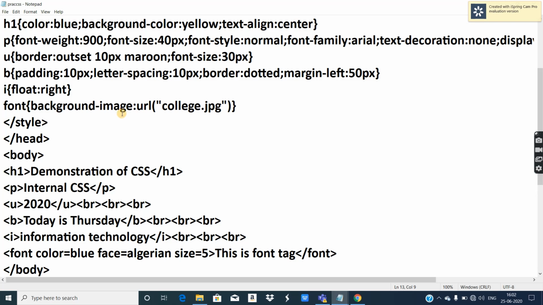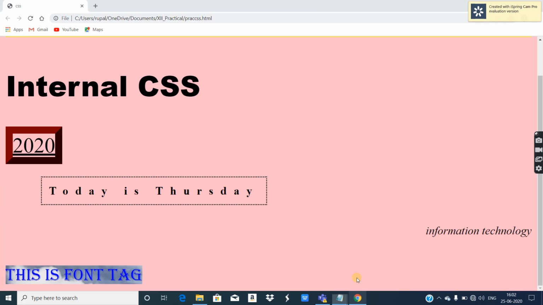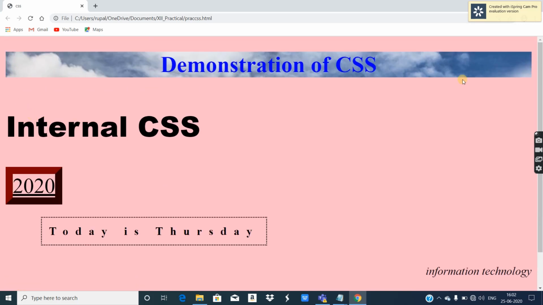Now let's try to display this background image in our heading also. You will understand block level tags and inline level tags. Now let's see, I am going to apply background image to heading 1 element. See the difference. This is inline level tag, and this is block level tag consuming the entire line. So in this way all the properties which are discussed in the textbook are covered. I hope I have covered.